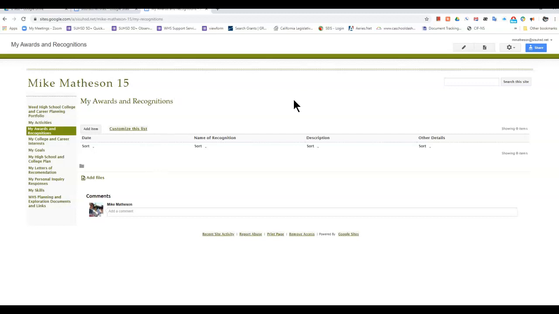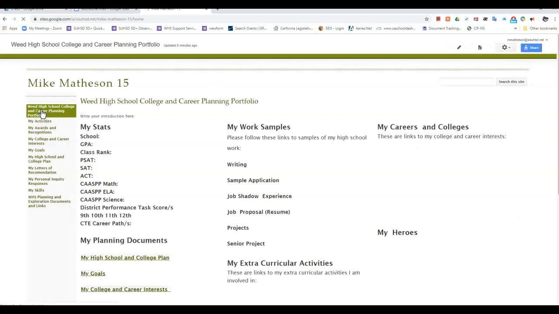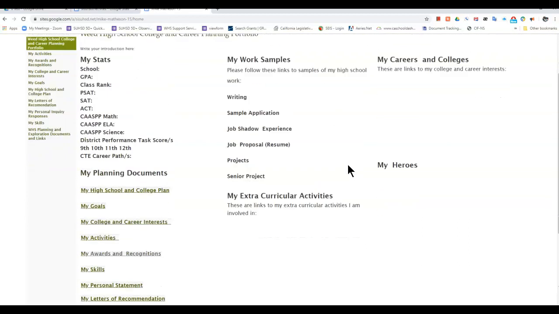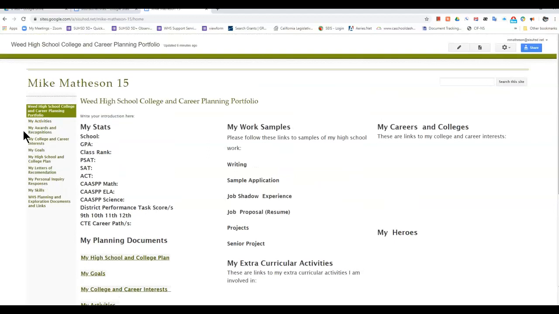But at this point, you have your basic portfolio set up to navigate back from any of the pages. You always hit that Weed High School College and Career Planning portfolio and it'll take you back to your main page. So at this point, just go ahead and explore through some of these other links and we will start to prepare for our next step, which is to customize and add your pictures and your data to your